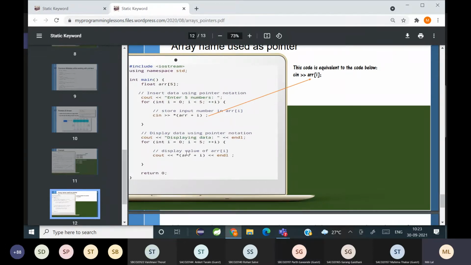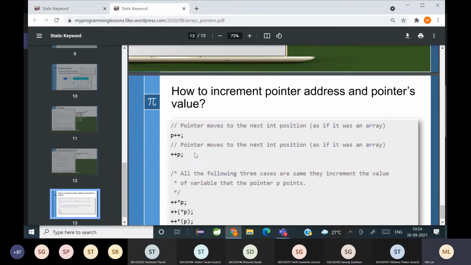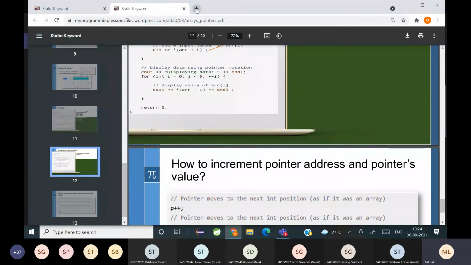Printing के लिए normally हम क्या लिखते हैं यहाँ पे? Printing के लिए array में C out value, array of I लिखते थे. अभी you can represent it as a pointer ARR plus I and you put a dereference operator. समझ में आ रही कि नहीं? So, just as an example, I'll show you